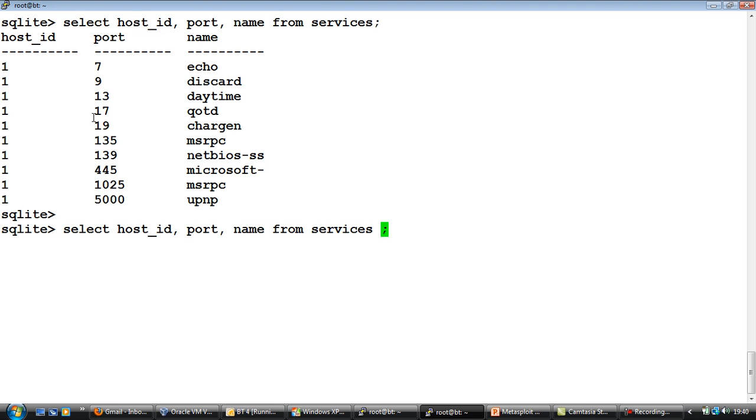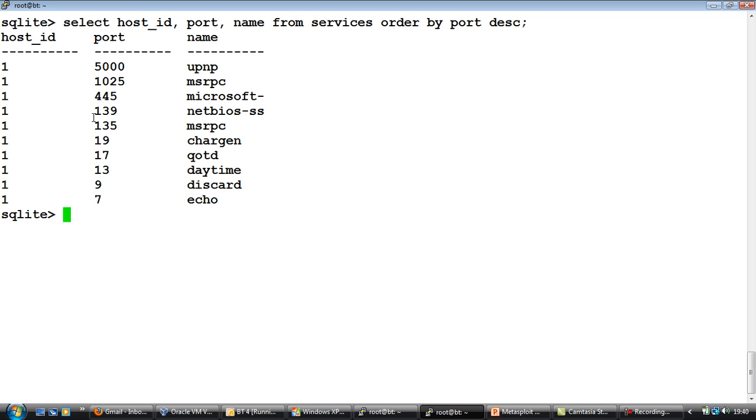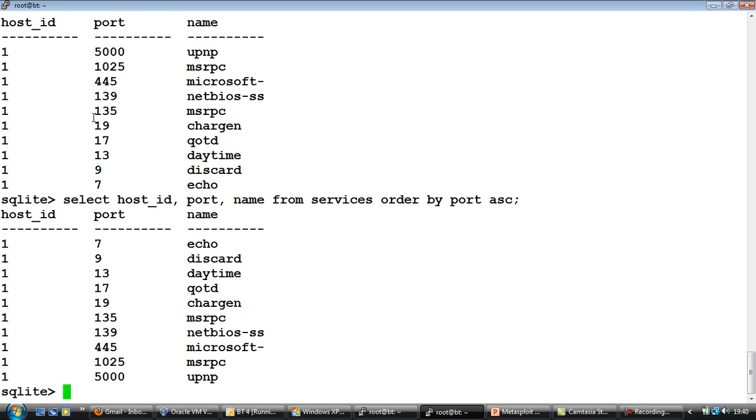For example, we can do an order by and then say port number descending. If you now notice, it's printing this in descending order. We can also do this as ascending, which is what we got previously. We could even run some interesting queries once, let's say, we have hundreds of hosts and their services enumerated, something